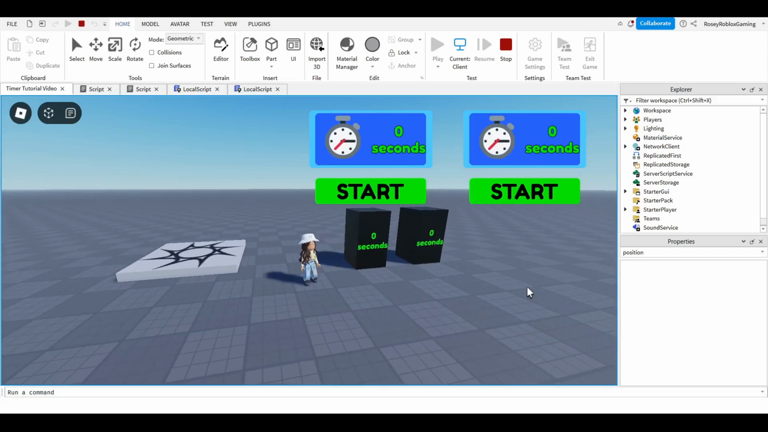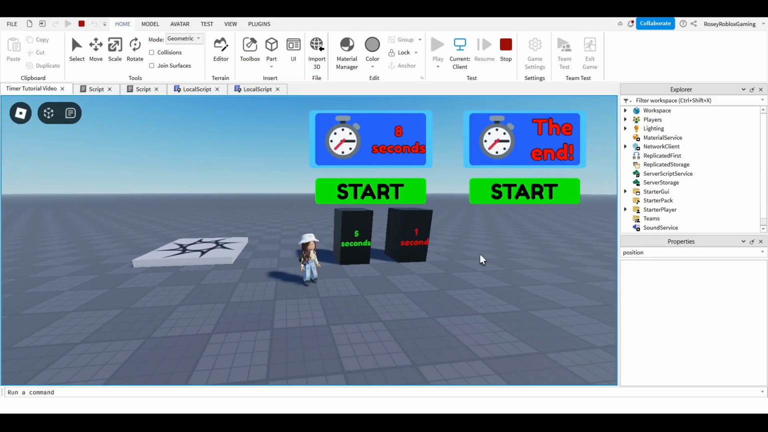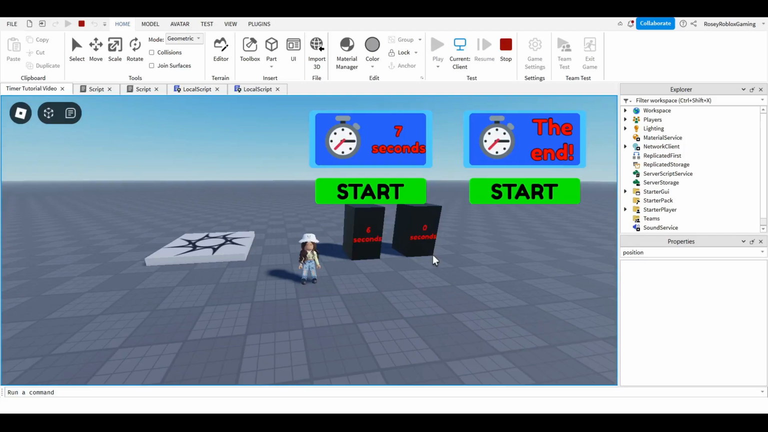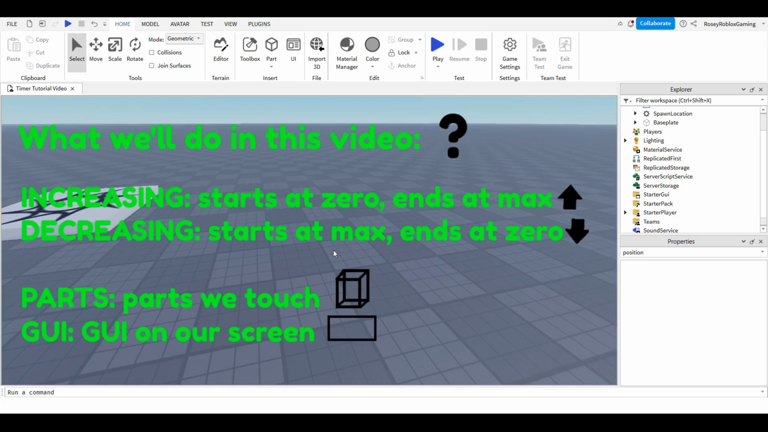Hi everyone, today's Roblox Studio tutorial is on timers. Don't worry if you haven't scripted before, everything's reasonably simple and we'll look at how to do it all. Let's get started. So first we're going to do a part, and then it's really easy to change the part